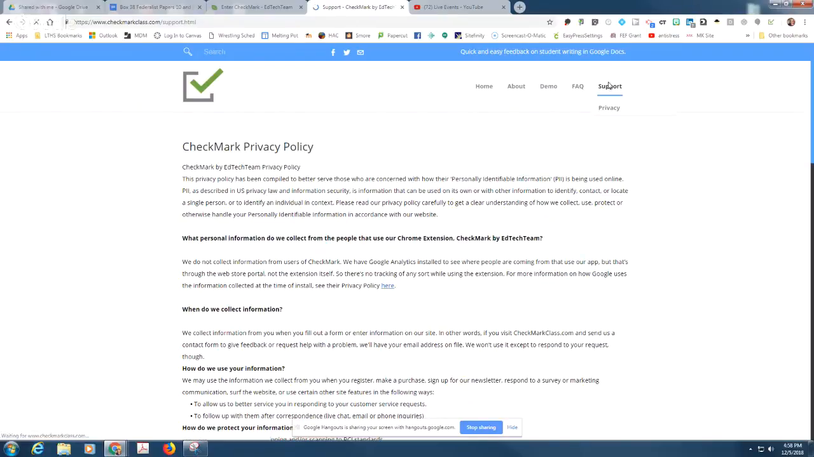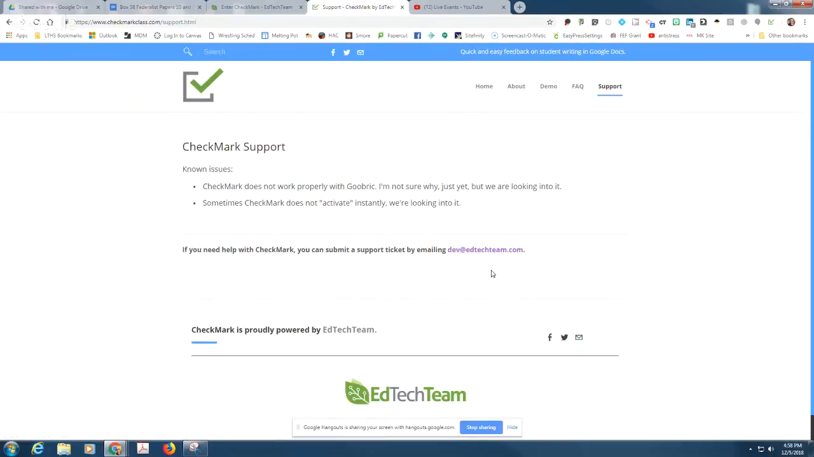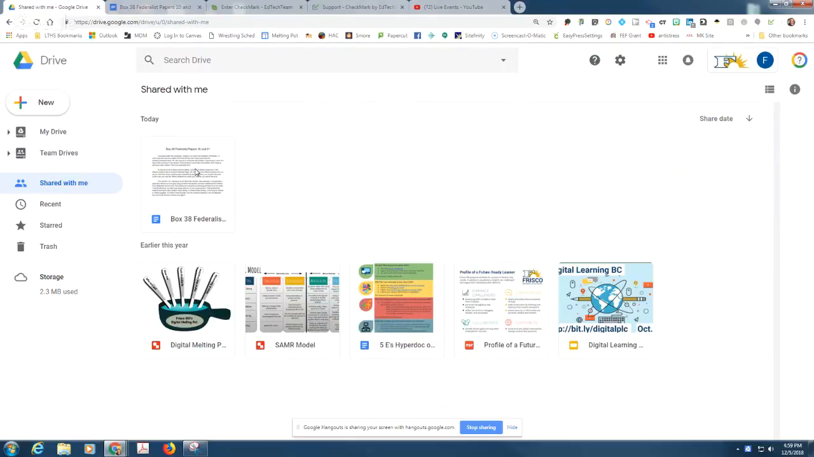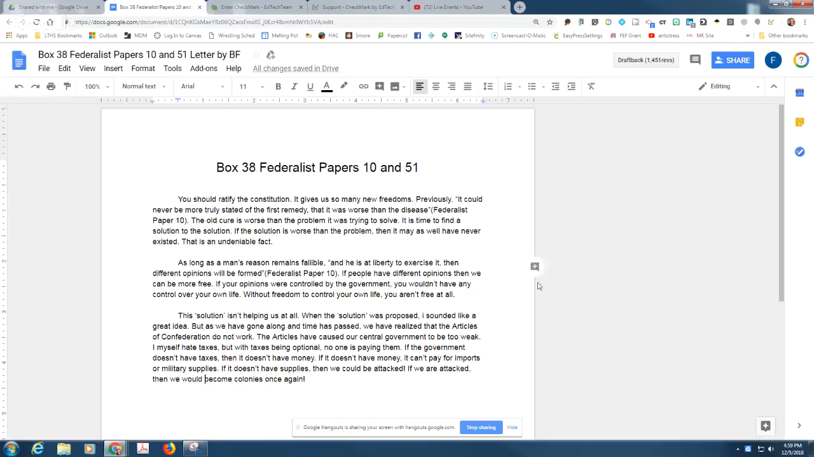If you go to support, they're also very responsive to emails. If you wanted to, email them at dev@edtechteam.com. A couple known issues: Checkmark does not work properly with Gubrick. If you are a Gubrick fan, you'll have to use them separately. Also, sometimes Checkmark doesn't activate instantly. They're looking into that. So to make that make sense, if you went to your Google Drive and opened a Google Doc or slide that has been shared with you by a student,